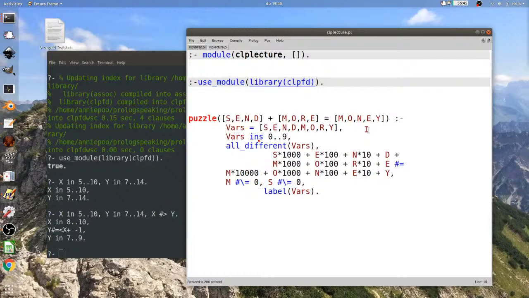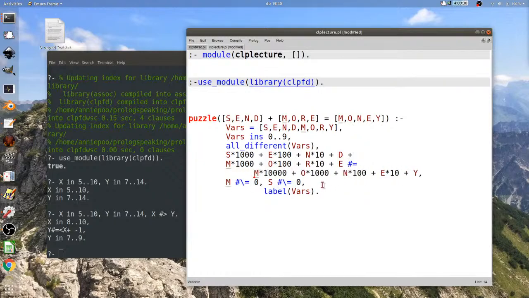I'm then going to insist that they all be different, and there's a built-in helper for that. And then I'm going to insist, and this is poorly indented for some reason, there we go.